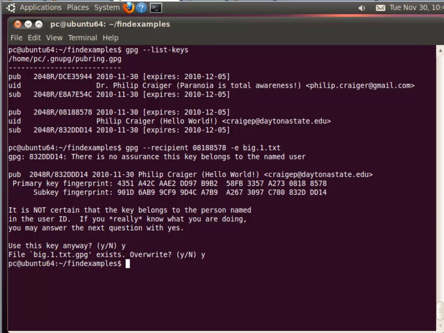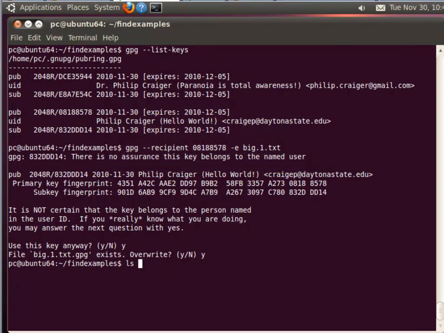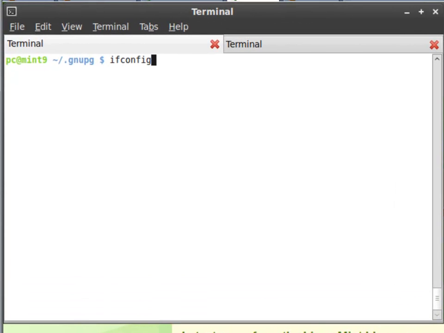And why didn't it ask us for our passphrase? Because the only time we would be asked for a passphrase is if we were using our private key to encrypt something to be sent to somebody else. So let's go back and look at the GPG file, and here it is. What we need to do now is secure copy this over to our Mint9 system,